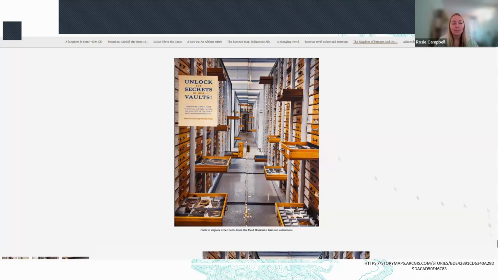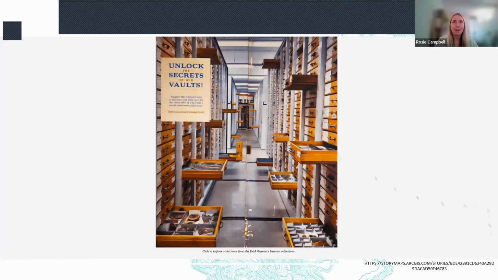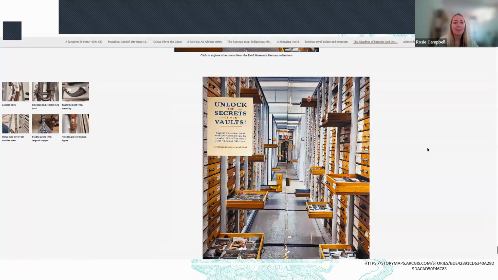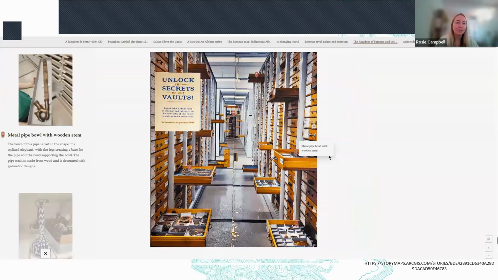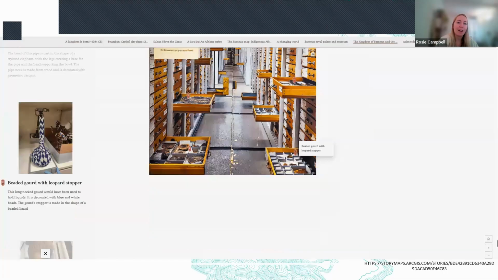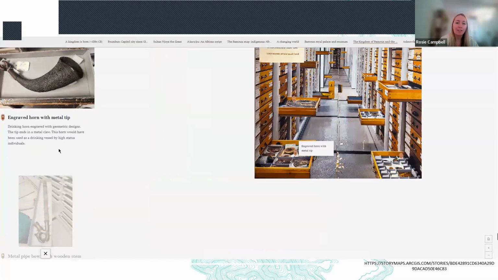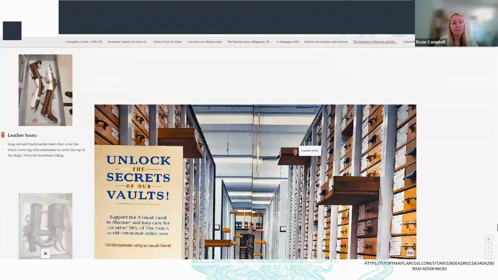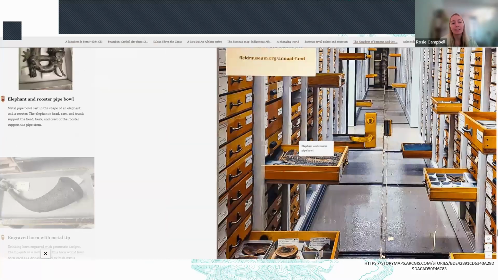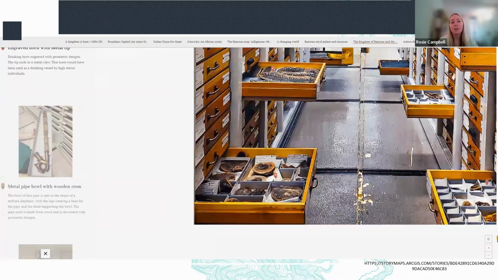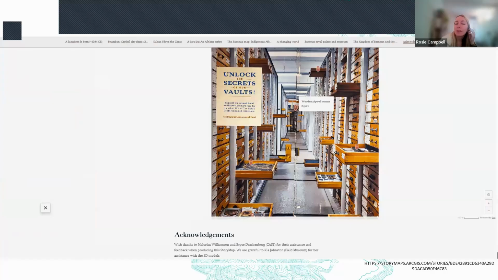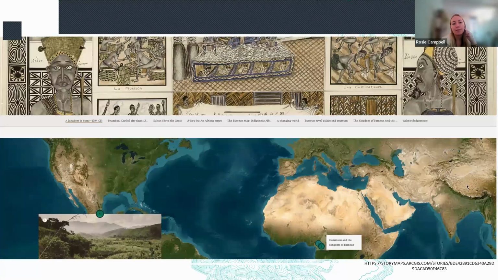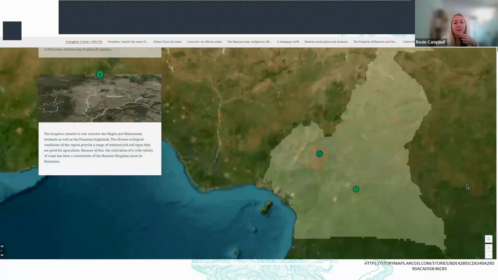And this really excellent, ingenious and novel way of using the story map is that instead of having a map with points, they've uploaded a photograph of the archives as a raster, and then used point data to actually make it feel like you're opening the drawer. And on the left, it has what the artifact is that's inside that drawer to give you information. So it does allow you, like a lot of these really interesting applications, if you think outside the box a little bit, you can do some really interesting things to engage with the public.